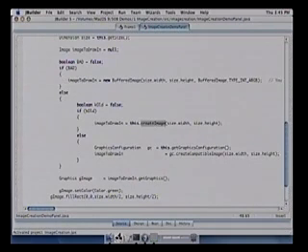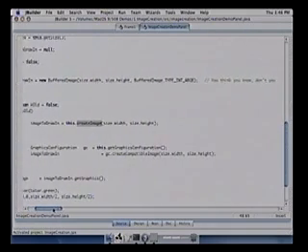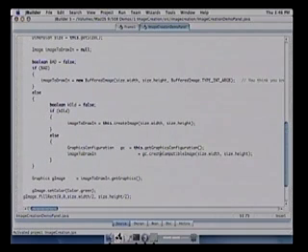Create image is actually the easiest to use. If you're in any component, you can always call create image. A lot of us spend all of our time painting from components anyway. But it's also possible with this new API. I'm just going to slide this over a little bit. With create compatible image. What's interesting about this is that graphics configurations are one of the Sun objects that are